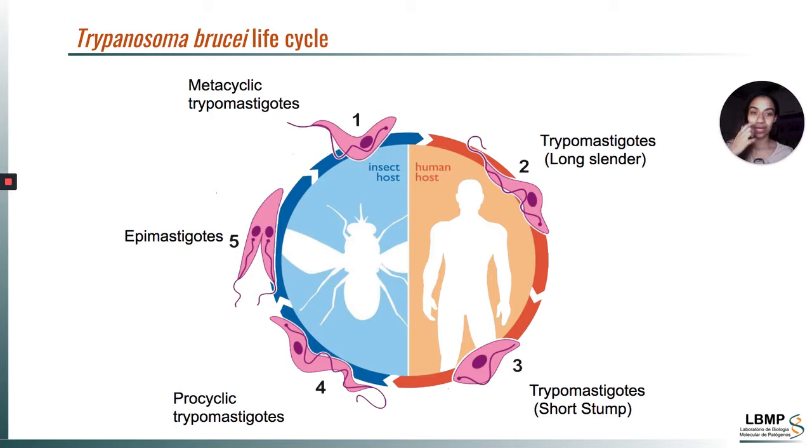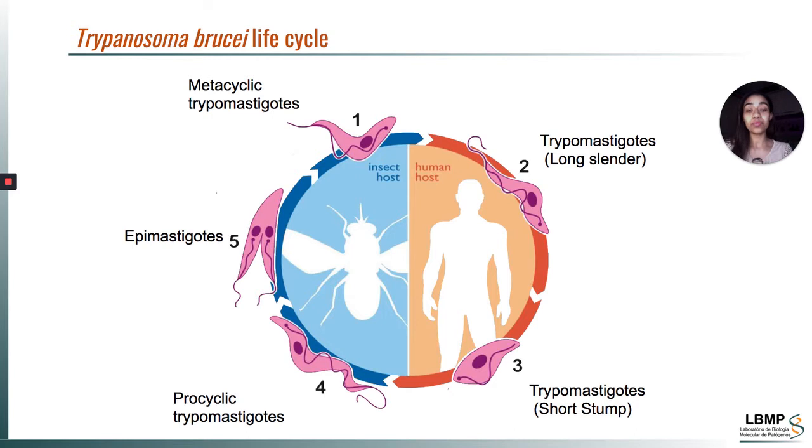These parasites, as we can see through the life cycle in this slide, pass through different hosts facing hard environmental changes. So they have to adapt their genetic expression and enzymatic activity. And the main studied forms of these parasites are the procyclic form in the invertebrate host and the trypanosoma long slender in the mammalian host, that is also called bloodstream form.